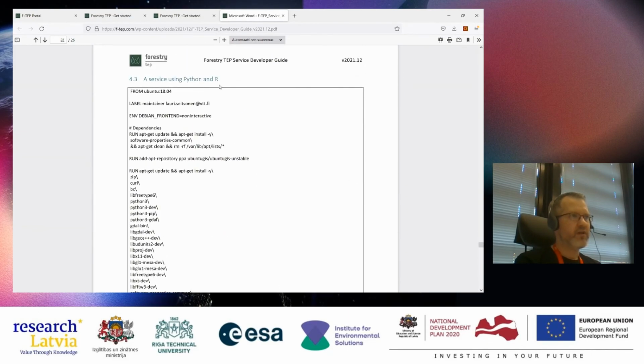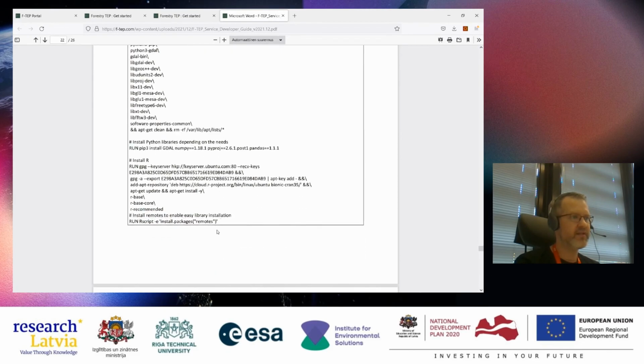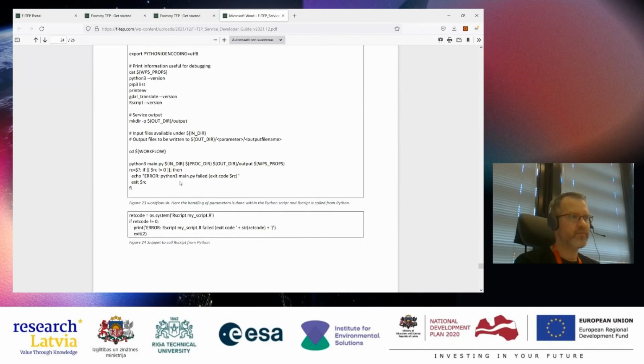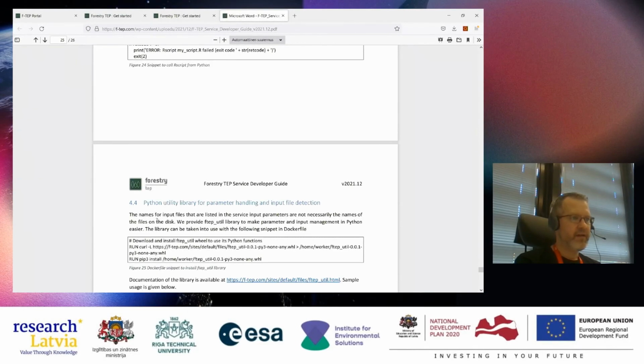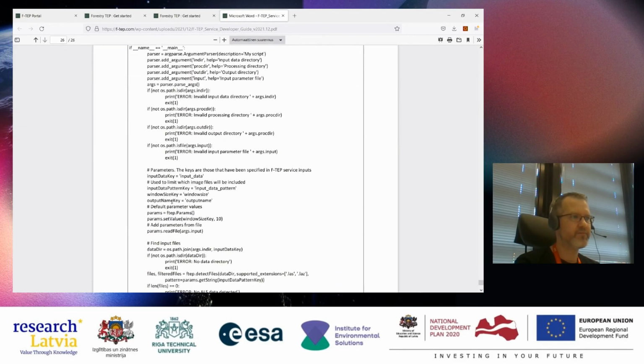And if you are using R, what kind of packages need to be installed. And then there's a link to this utility library to make things easier.